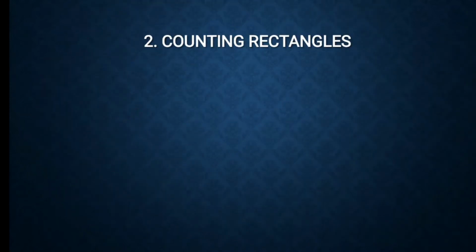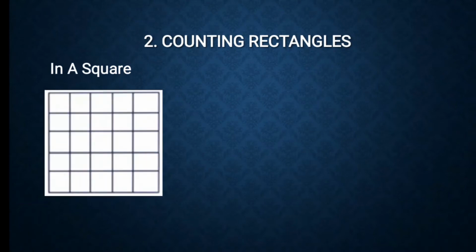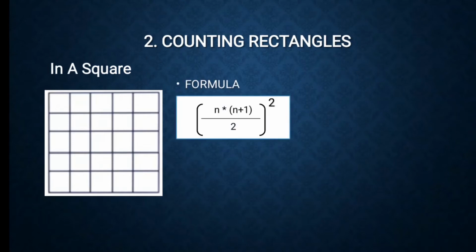So if you start counting 90 rectangles, obviously it's going to take a lot of time. So instead of that, I am using formulas only. Now counting the number of rectangles in a square. To count the number of rectangles in a square, again I'll use simple formula, simple tricks. First thing, the formula that I am giving you from the previous question, you can change the value of m to n. That is what a square is, right? The number of rows and columns are equal.